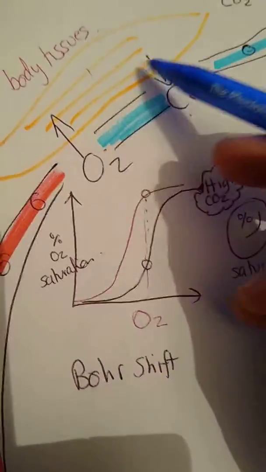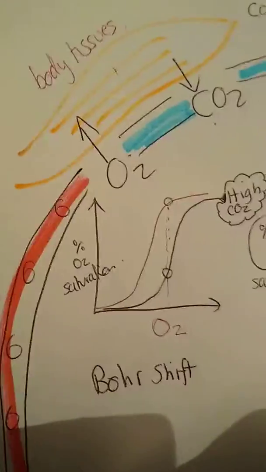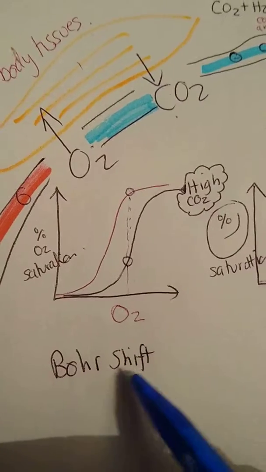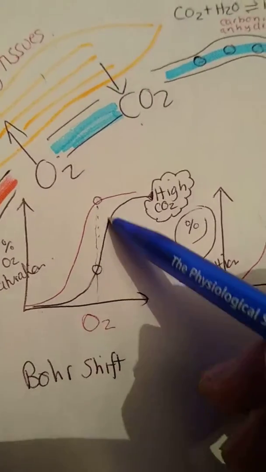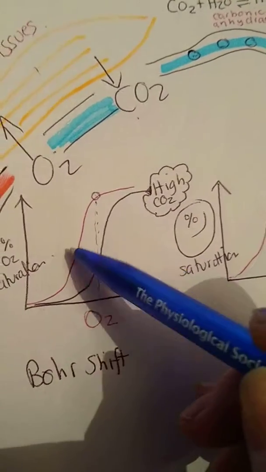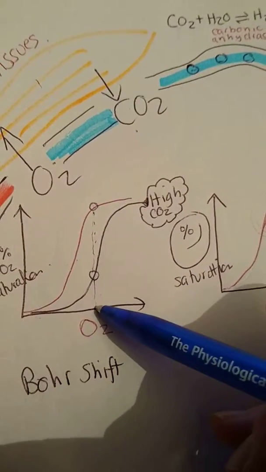In areas of high carbon dioxide, we've got something called the Bohr effect going on, the Bohr effect, or the Bohr shift, which moves this curve to the right. So that's the shift from here to here, the Bohr shift,